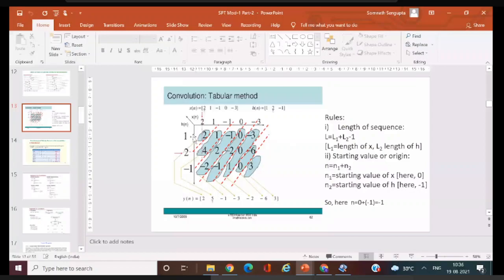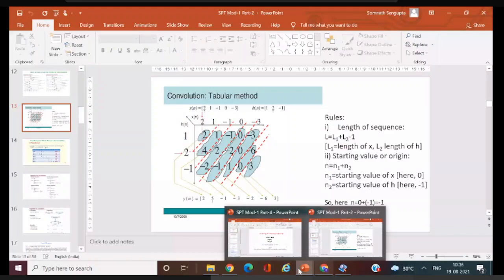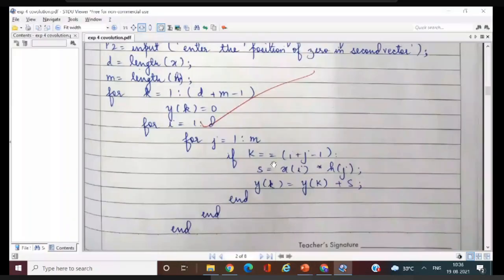So this is h1 into x1. Say the first array is 1 2 3 4 5 and this is 1 2 3. So the first term is x1 into h1. So both are calculated, then they are added with 0. So that is done here. x1 and h1 are calculated, then this is added with 0. The next value is